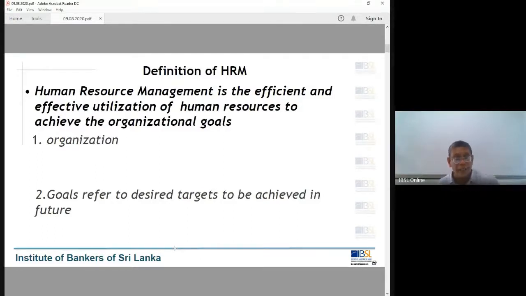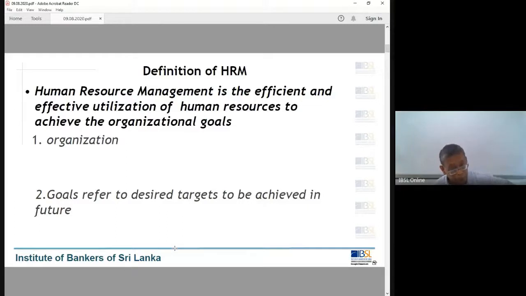What are the organizational goals you will come across? To increase the net asset of the organization, to increase the market share, to maximize customer satisfaction, to fulfill social responsibility,